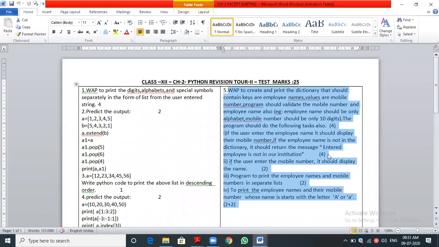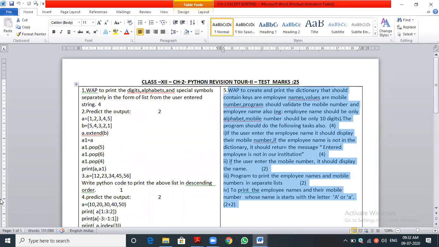Okay, what can we use? We should use the name only. We are checking, for example, we are getting the name which you want to search. That name we are receiving in a variable. For that variable in the dictionary we have to use the membership operator. Name in dictionary. For example, D is the dictionary, so name in D. Suppose the name is there, what should it print? The mobile number.